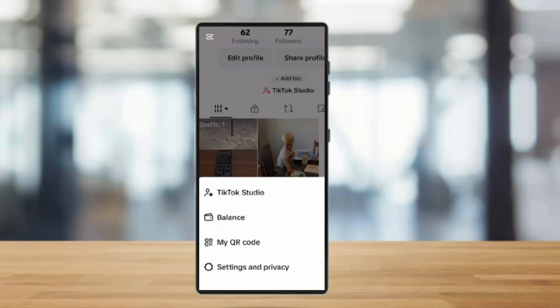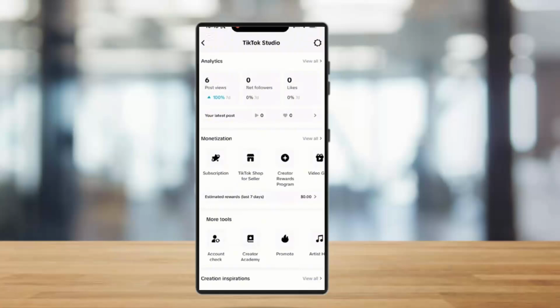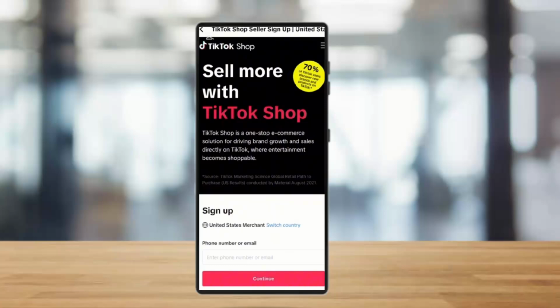So once you navigate to your TikTok Shop from your profile page, you can simply find the TikTok Shop for Sellers option in the TikTok Studio as well. You need to first of all sign up for your TikTok Shop account. And once you have done this, within the TikTok Shop section, once you have been signed up, you can find